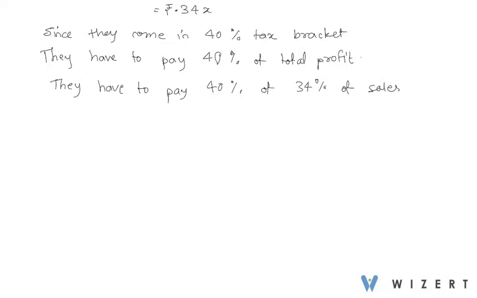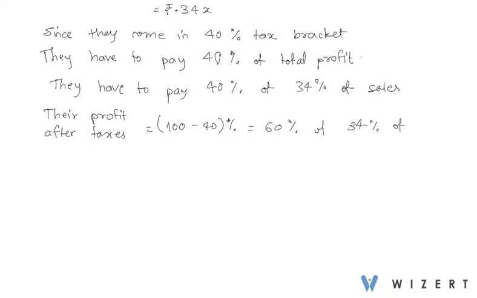That means that their profit after taxes will be 100 minus 40 equal to 60% of 34% of sales, since this is 0.34x. Now total, their profit after taxes is 60 by 100 into 34, which is equal to